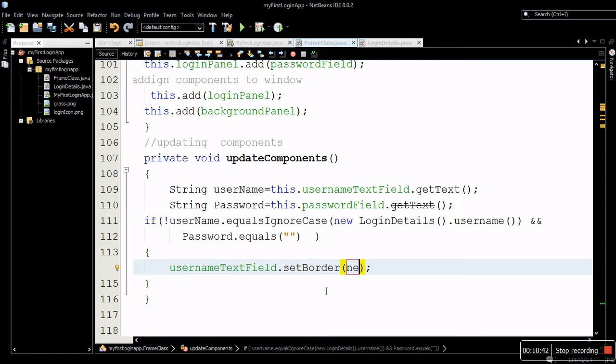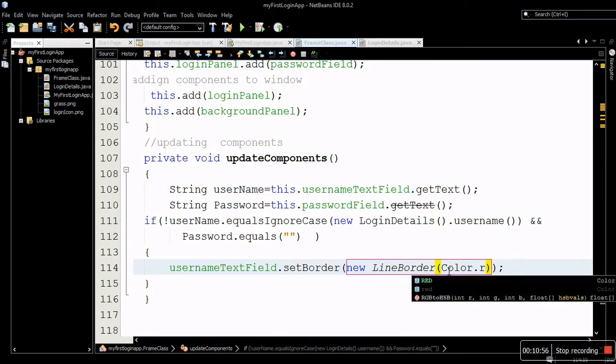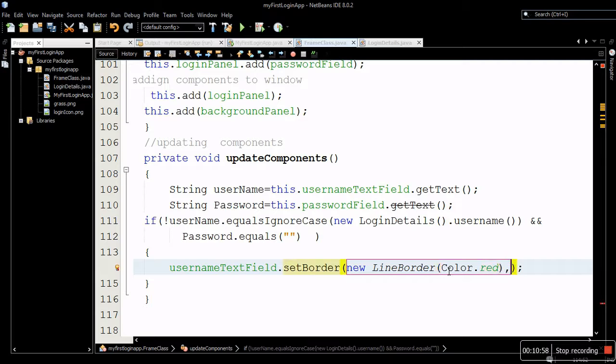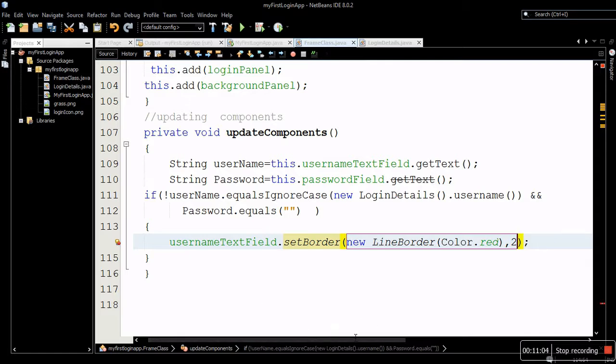So now when I say new line border, we want a line border. Now I want to set its color to red, now let's say the width or the size of this border is 2, and then what we want to do now